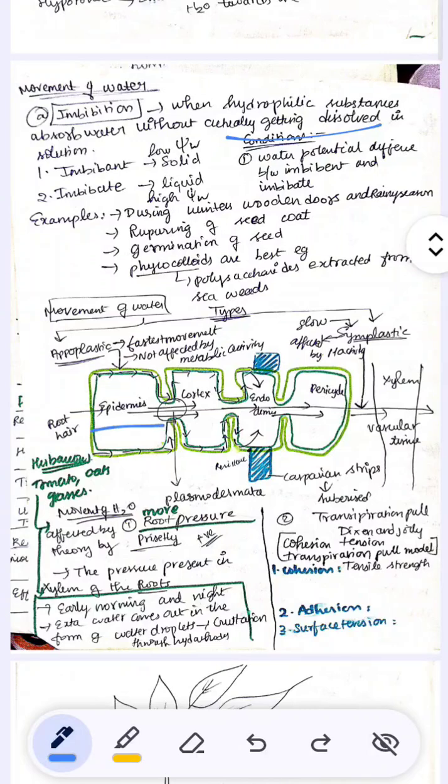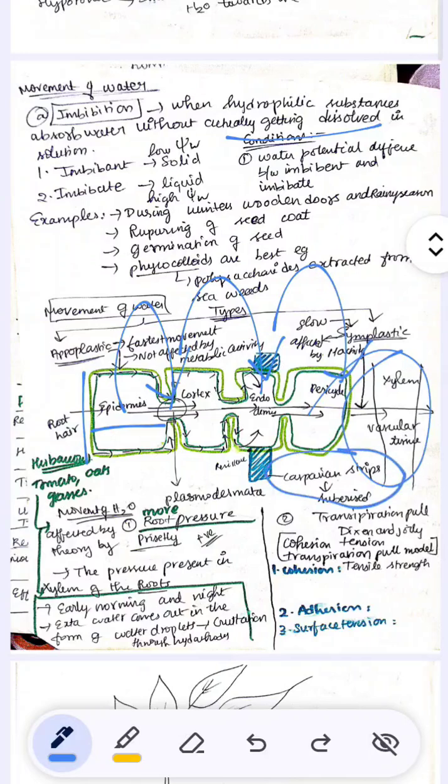That is the outer layer, the epidermis. Here you can see there is a presence of root hair, so this is a part of the root. Then comes the cortex, then the endodermis and pericycle, with all this vascular tissue, that is our xylem, mentioned. So the Casparian strips, which are suberized in nature. This particular structure enables us to study the movement of water in a root,